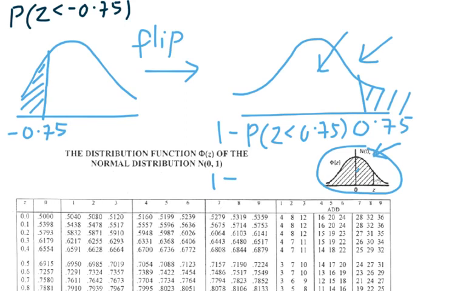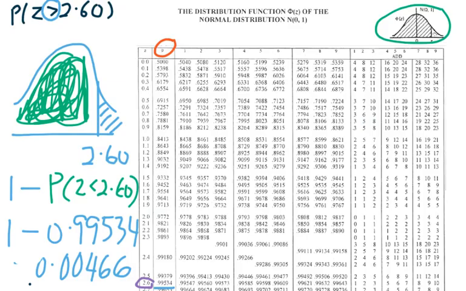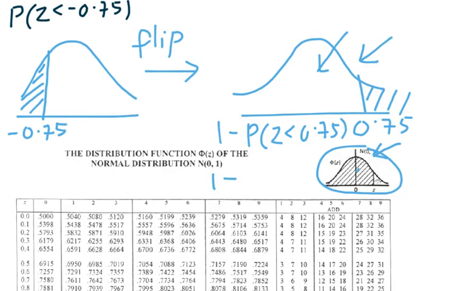So again, 0.75, the first decimal is on the first column, which is 0.7. So 0.7 is here. And then the second decimal is 5. So the second decimal is on the first row. So 5 is here. Alright. So our probability is going to be